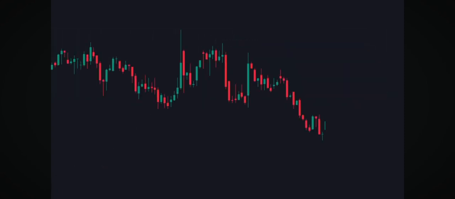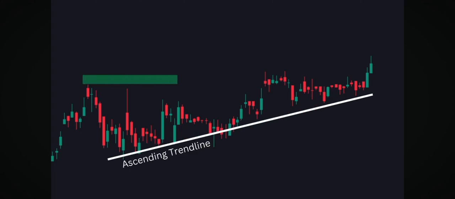Suppose the price rises to a certain level and then falls back multiple times. This is your resistance level. Conversely, if the price drops to a level and rises repeatedly, this is your support level. You can also draw trend lines to identify support in an ascending trend. For instance, if the price consistently rises while forming higher lows, you can draw an ascending trend line to act